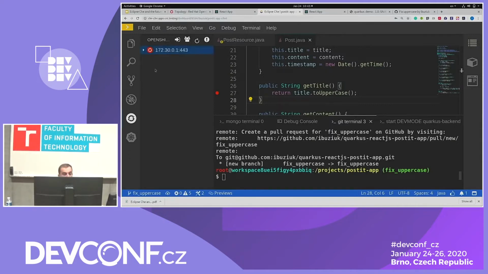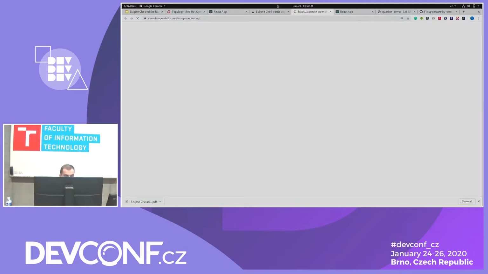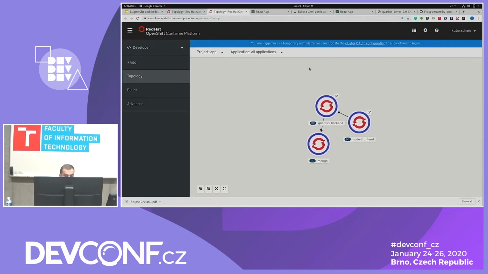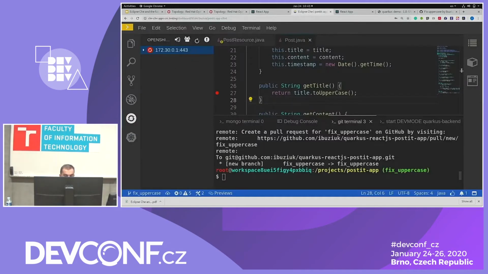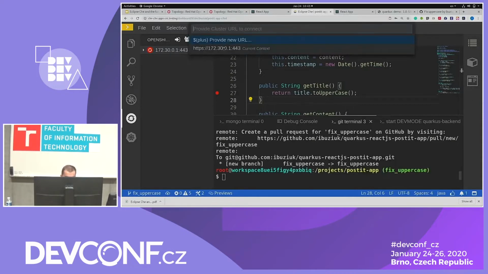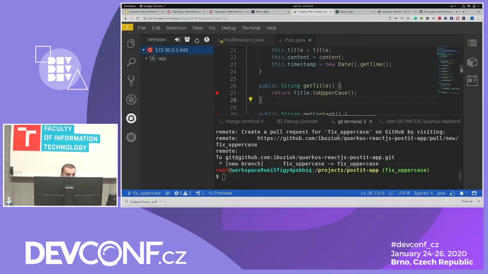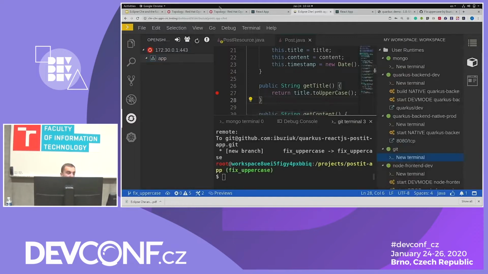So here we have an OpenShift plugin. The last thing I want to show you is that we can log into our OpenShift cluster here. And what I can do now is log in from Eclipse Che to this cluster. And I can see what applications are available for that user. And now, if I want to, for example, spin up yet another service or yet another pod, what I need